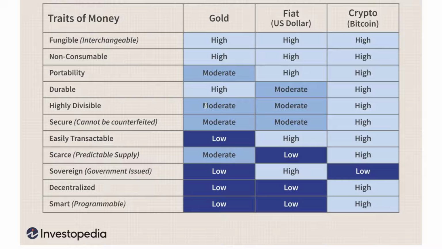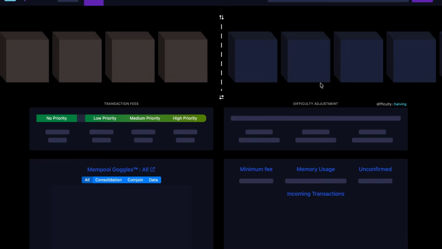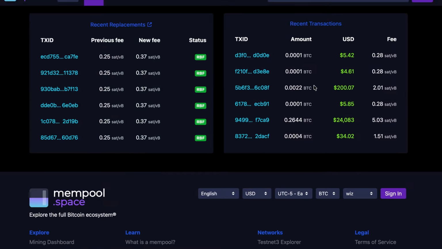If you're trying to pay for something in gold, try and buy a cup of coffee that's worth a sliver of gold, it's going to be very difficult to actually pay for that transaction. But one Bitcoin, which again is a little bit of a misconception, isn't a whole unit of measurement. If we just quickly go back here, what we can see is you can transact up to 100 millionths of a Bitcoin.